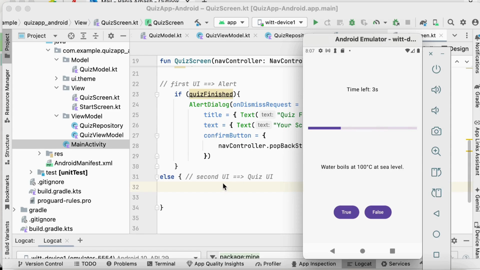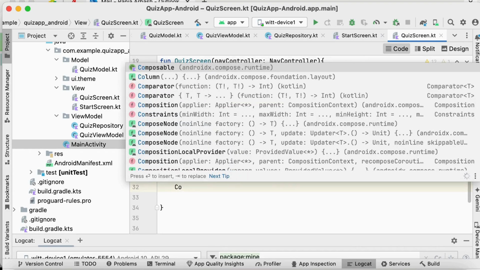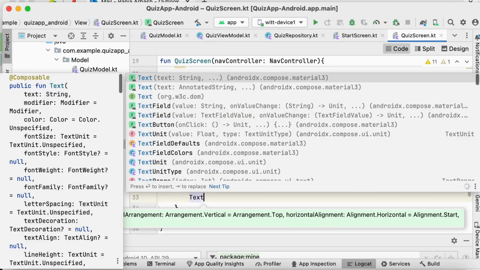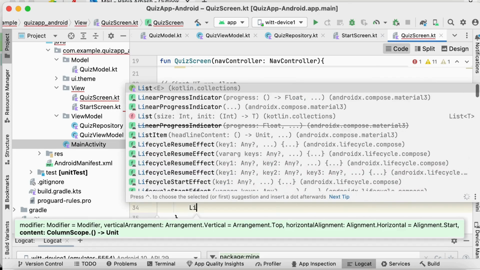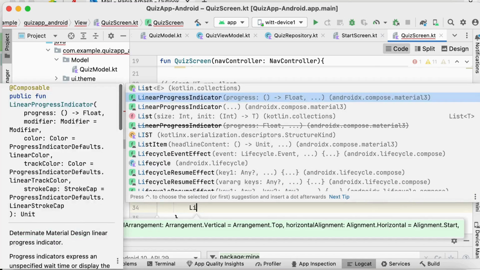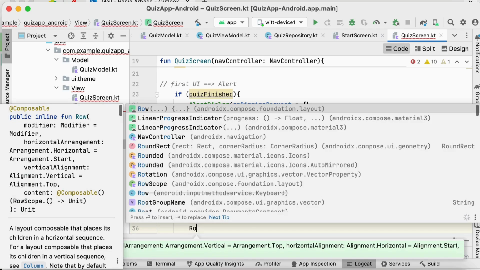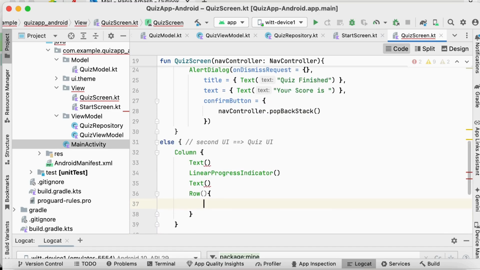So this is what I will build right now. I will build a text. This is all together inside one column. And within this column, I will add one text for the timer, one progress bar, and the progress bar in my case will be a linear progress indicator. This is the linear progress indicator, and I will add another text and another row for two buttons